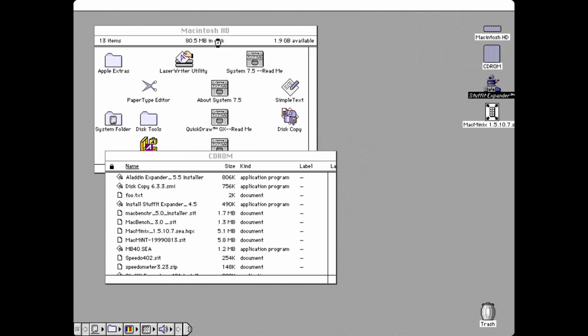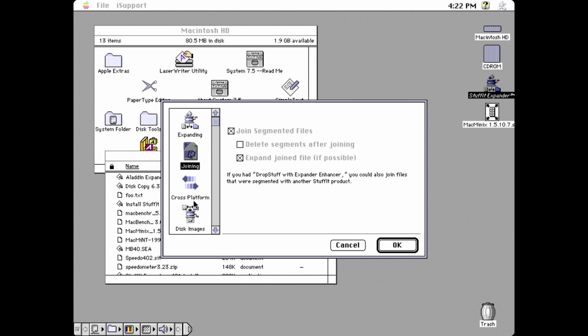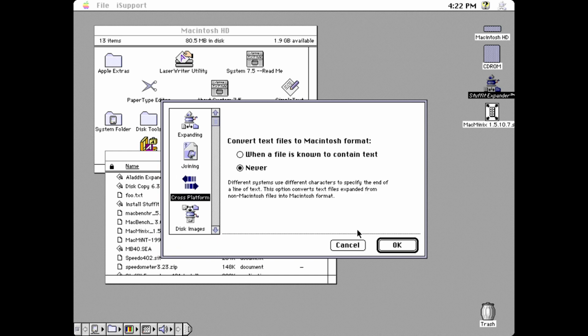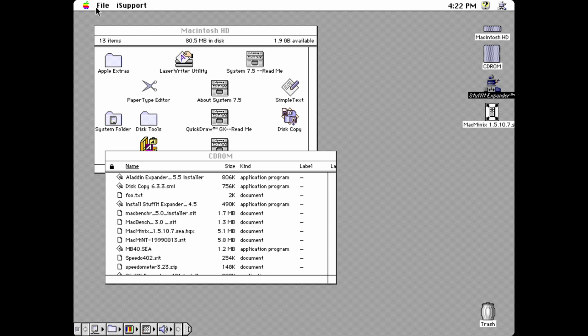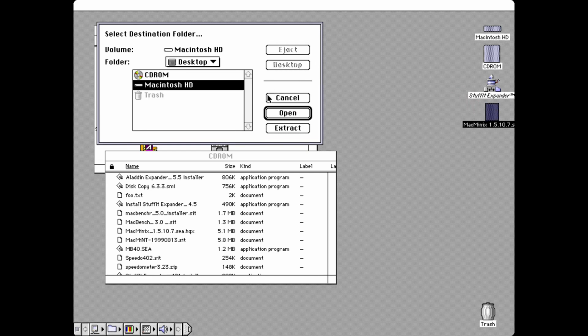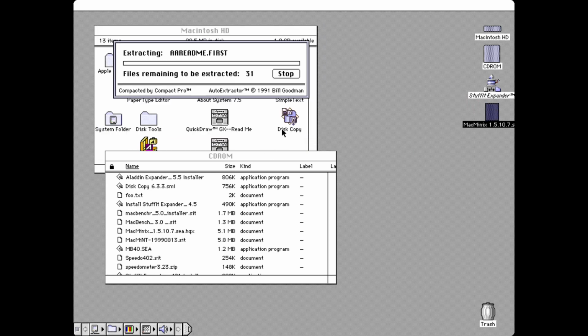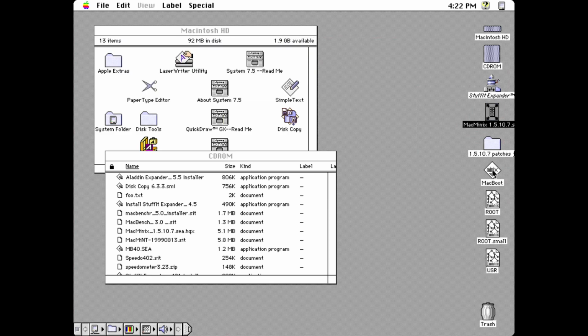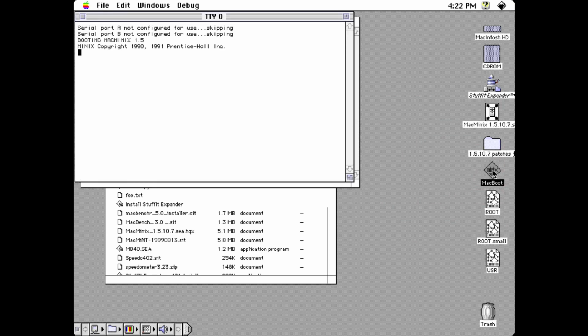Also, let me disable something that's going to need to be disabled later about line conversions, to ensure there's no convert text files. Because MacMINT cannot be decompressed properly, that's enabled. So MacMINIX. Now, I really never tried this. I don't know how it's supposed to work. So I suppose that you do this and